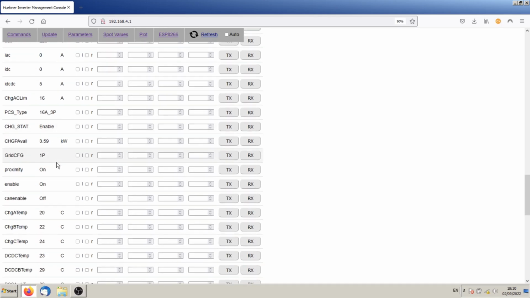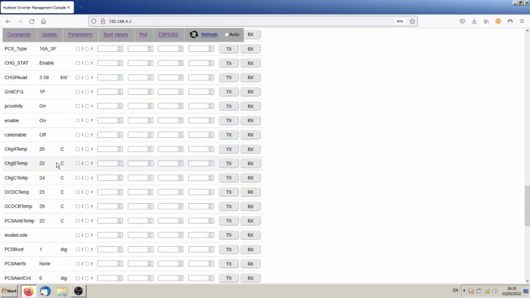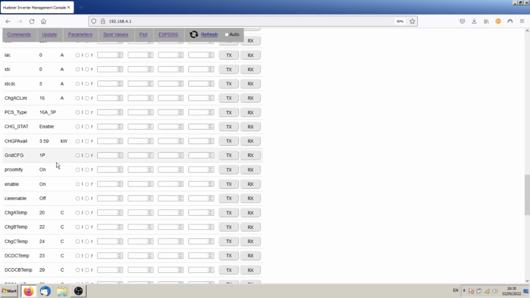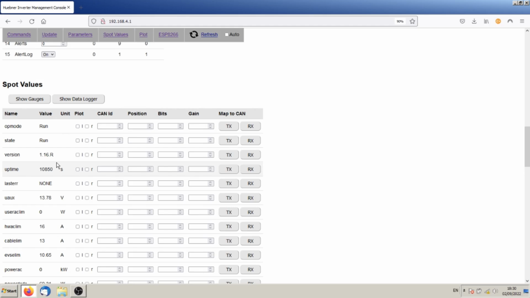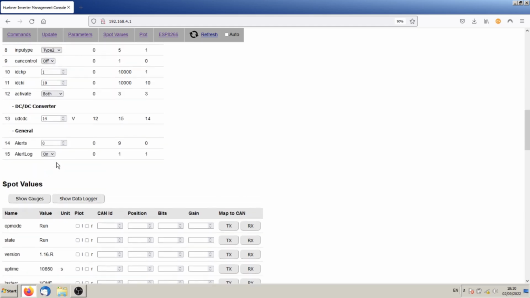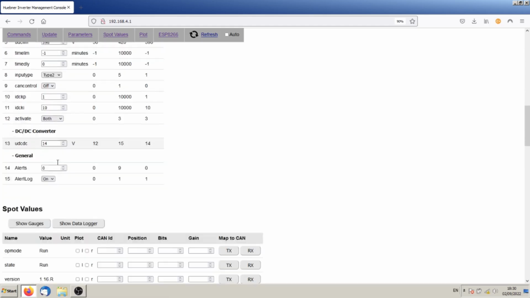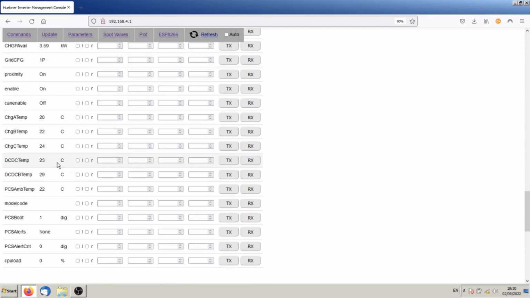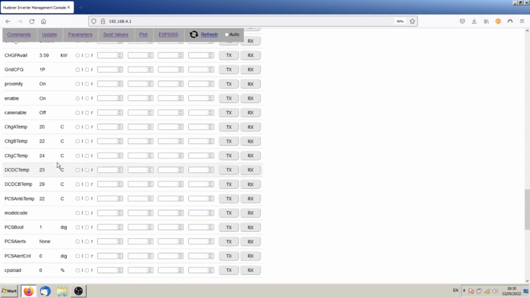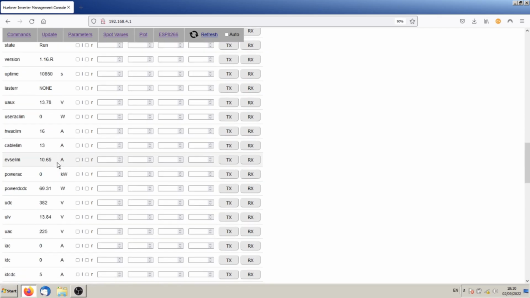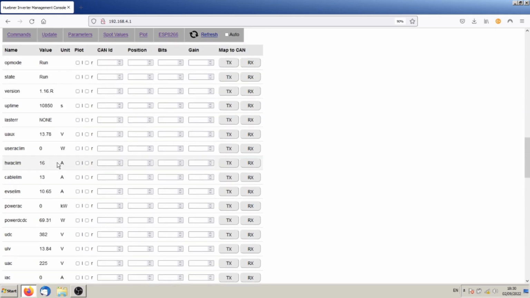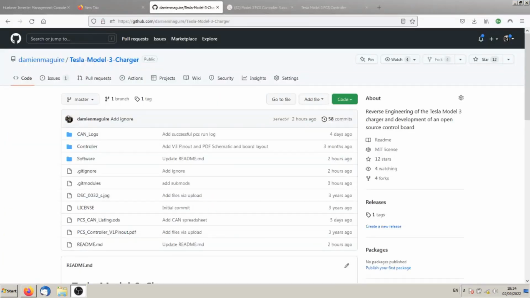And that is about what we've got, folks, on our, let's call it a beta release of our new PCS firmware. It's hard to believe there's a week's work of beating my head against a wall on this, but it works, and I think it works pretty good. So just a few quick